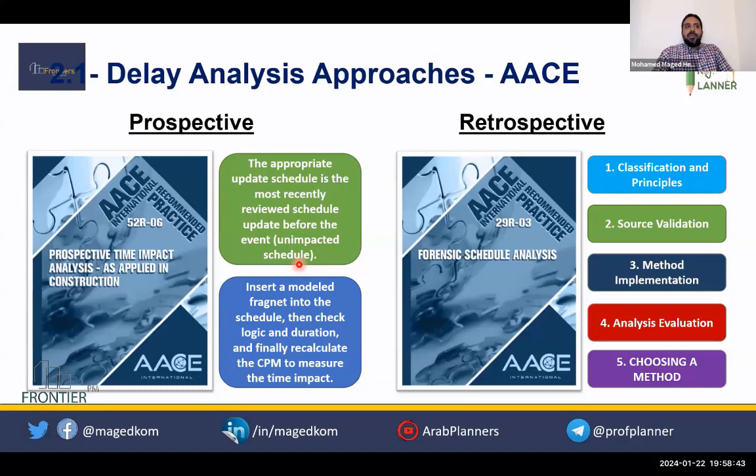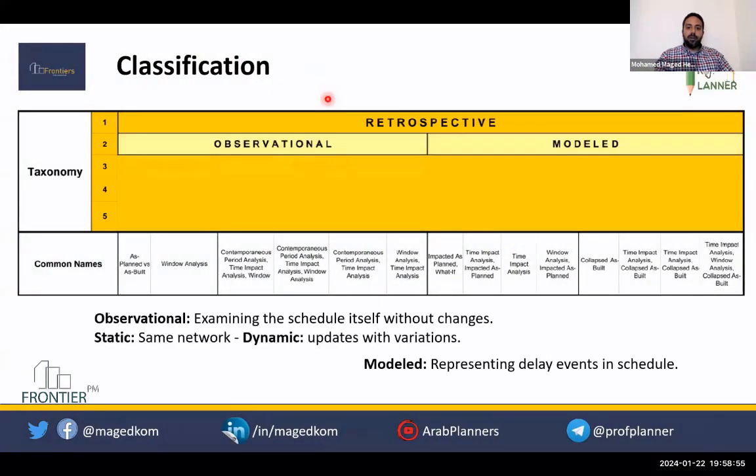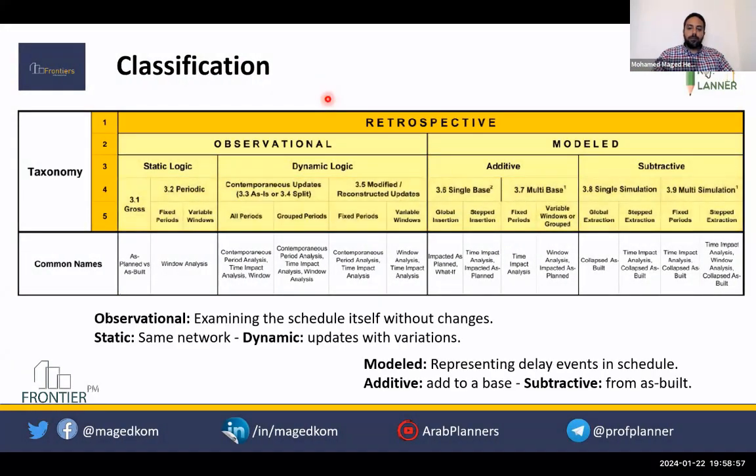It depends on the complexity of the case. If you need to go to the updates and reconstruct the updates, there are some approaches here. If you don't have updates, you reconstruct them or create them.